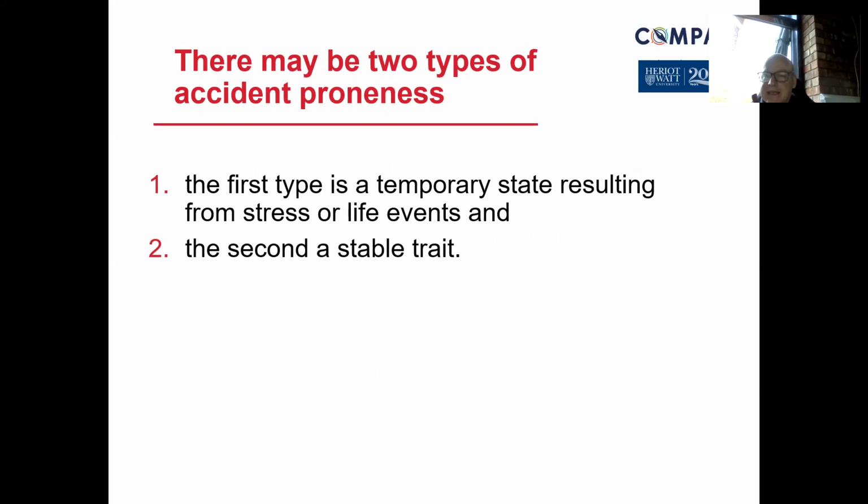And then the second one is that stable trait. Where do we go to normally, cognitively, in our decision-making process? The repetitive nature of ourselves. How do we respond to that? And it could be that in terms of accident proneness, some people make the wrong decisions too often, and therefore they put themselves more at risk as a result of it. So the stable trait looks at what if and where do we go to when that happens in our head. Some people's decisions are more risky than others.